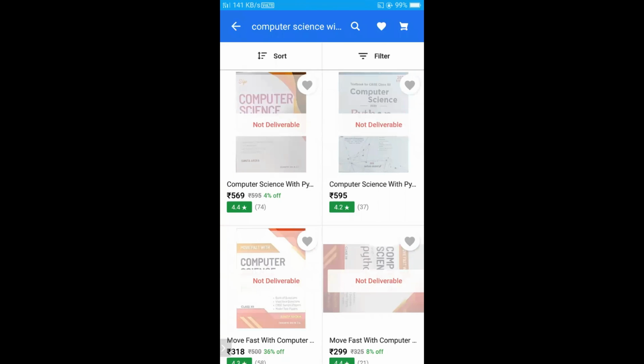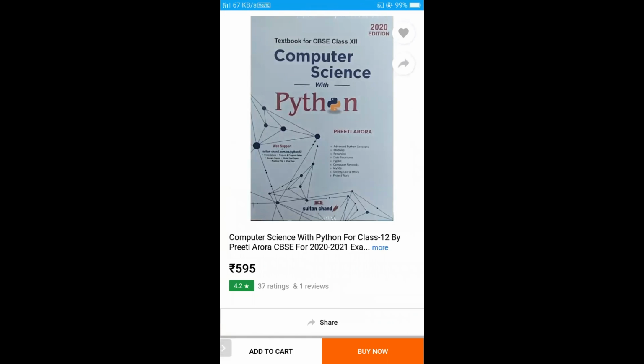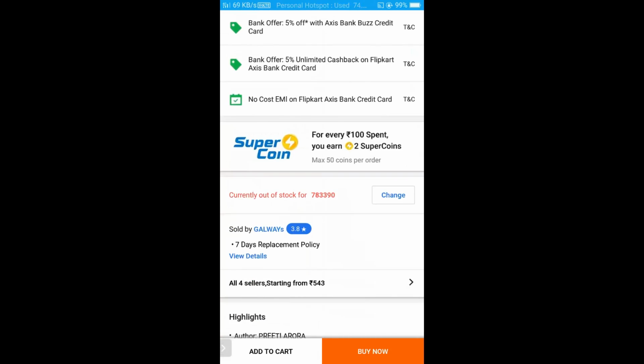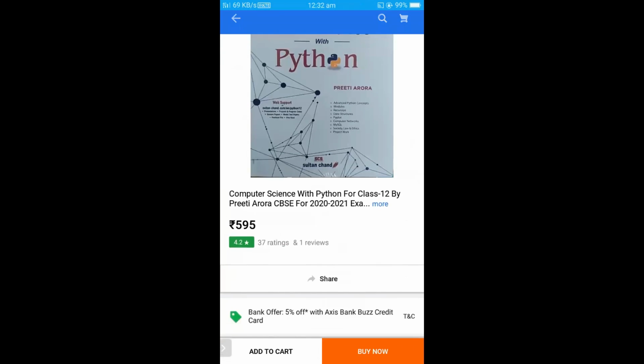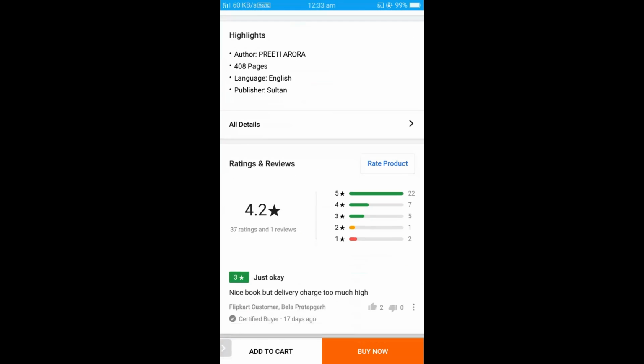I'm selecting this one, computer science with Python for class 12 by Preeti Arora. This is the price of this book. If you want to buy this book, we have the option to buy, or if you want to check the details of the book, you can scroll down.